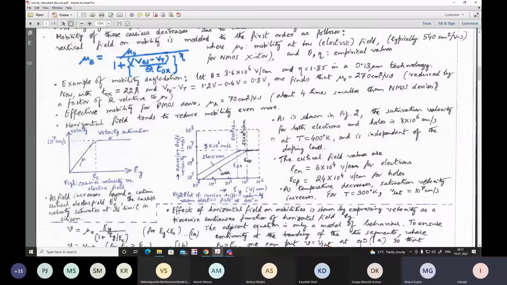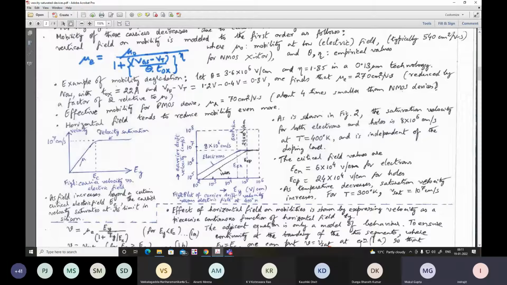That means it imparts a lot of energy to the carriers, and during their journey from source to drain, the carriers undergo collisions amongst themselves, and after the collision they tend to recover before they start their journey again. Okay, so a lot of collisions happen, and this tends to decrease their speed and thereby the mobility also. But how to take care of them, how to accommodate them in the reasoning?